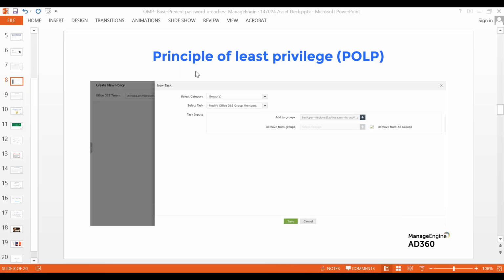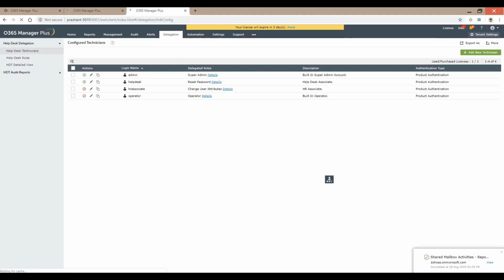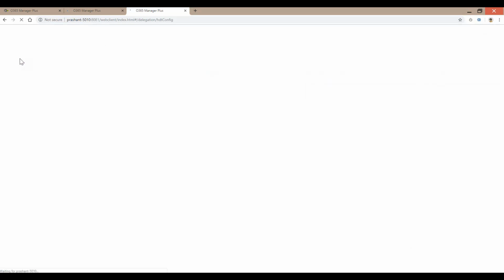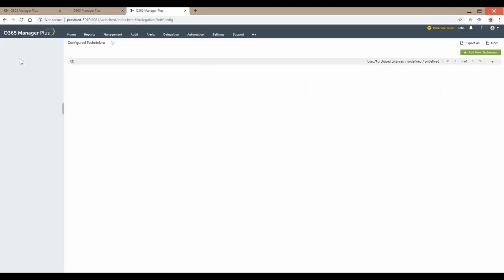So just a quick second, got that aspect out. There you go. So we are talking about delegating Office 365. There's a basic logic to delegation and how it works. You start off with help desk roles, where you say a specific role needs access to these tasks. So you specify what actions a role can perform, and then associate that role to a user. So a user can have multiple roles.